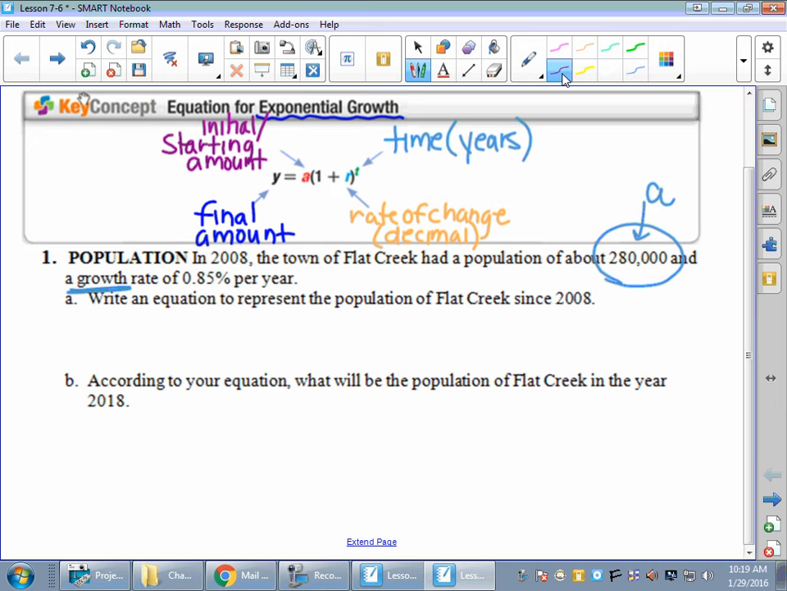And 0.85, big clue, right, is always going to be your rate. Look for your percent. It doesn't give us a time right now, so this first part A, we're going to have a t in there still. Part B, we're actually going to put a value in and solve it. So let's put in. It doesn't tell us the final amount, so y equals our A value, 280,000,